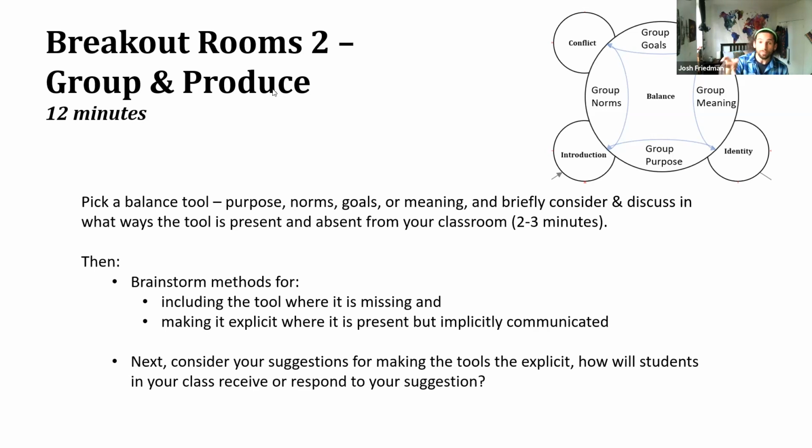right? Is to bring those pieces out and make them explicit in the process of education, make them negotiable in the process of education. Again, it says here, how do we make them explicit, and how will the students receive or respond, right? Like, how do we make this a collaborative enterprise where each of those individuals with their individual stories can come and say, this is where I'm at, this is what I want to accomplish, and what I believe I can accomplish. This is what I need help with. All of these conversations can happen in the process of identifying purpose and establishing norms and then setting goals, right?